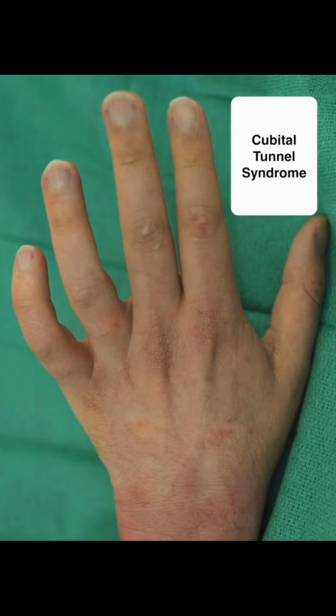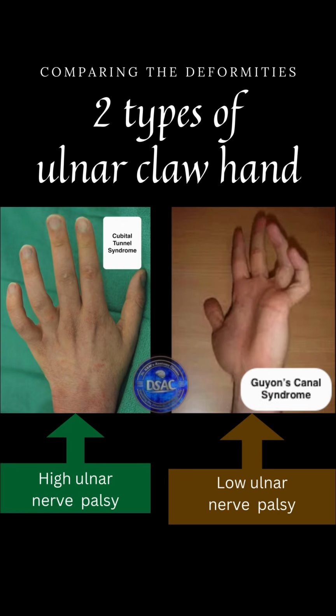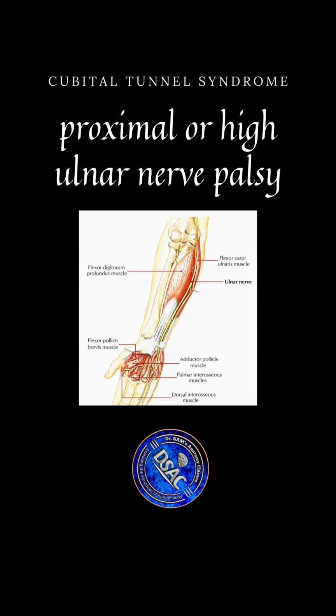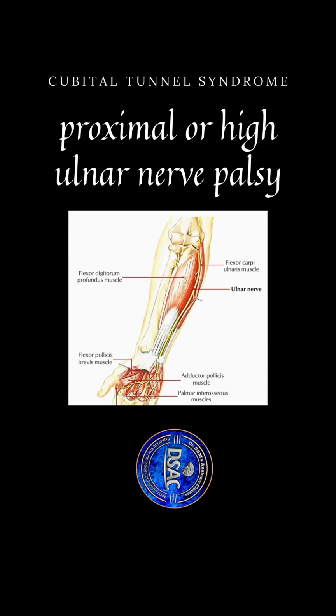Now talking about the motor loss due to cubital tunnel syndrome, we're going to compare the motor loss in both proximal and distal ulnar nerve injury, and the deformities due to both sides of injury. So in proximal nerve injury, those 15 muscles, the intrinsic muscles of the palm, will be paralyzed, including the